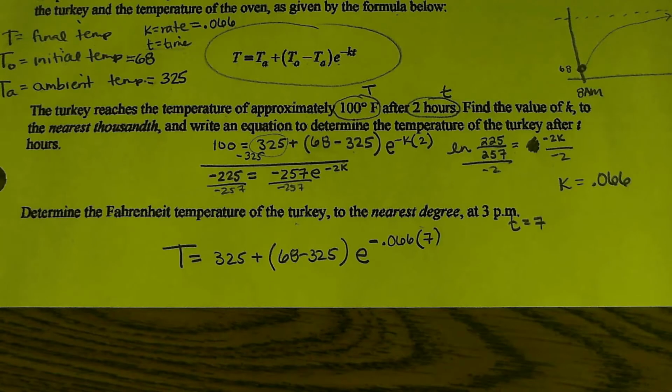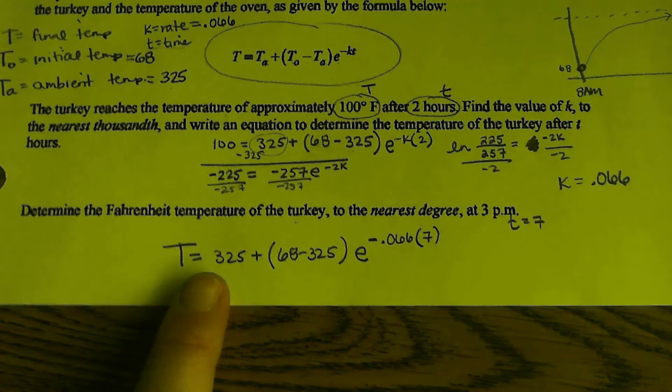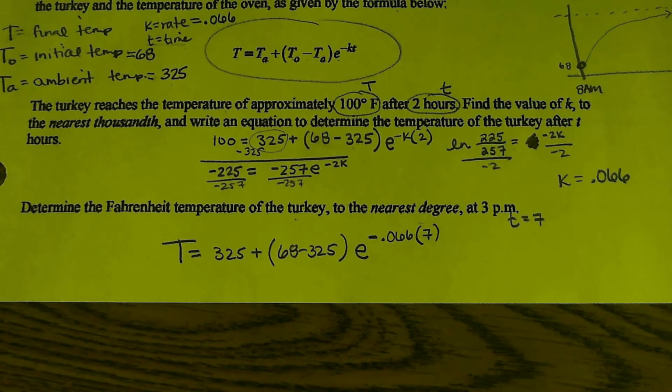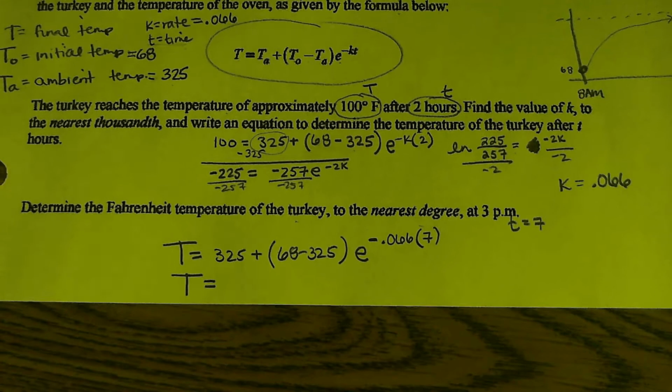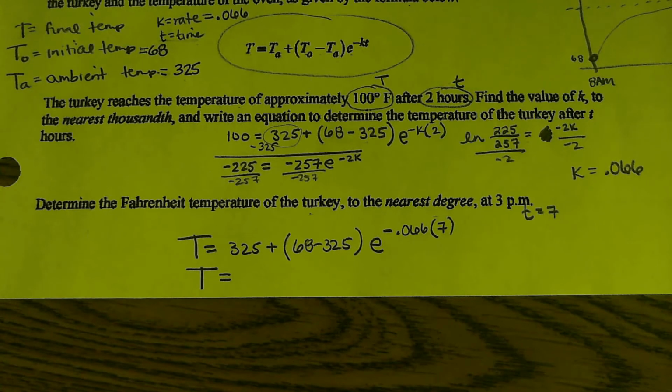And this isn't really a solving question, because capital T is already by itself. This is just plug that in verbatim into your calculator. So 325 plus parentheses 68 minus 325. Close your parentheses. Multiply it by E raised to the negative 0.066 times 7 power. Final temperature of the turkey, if it's only in for 7 hours, is